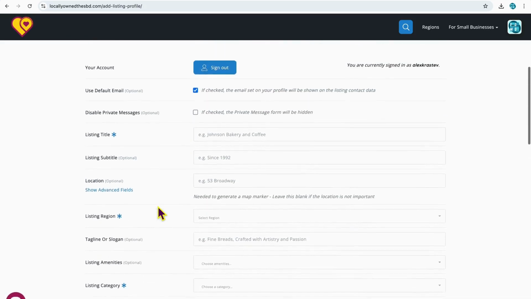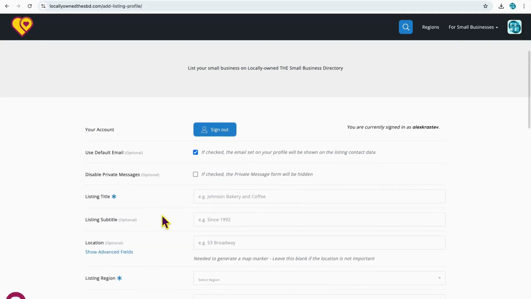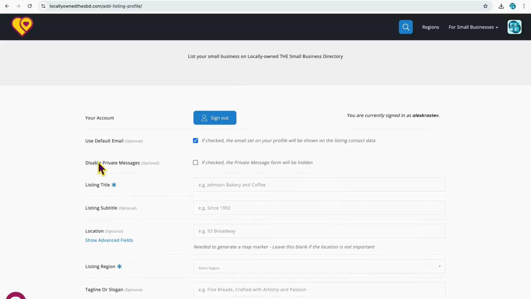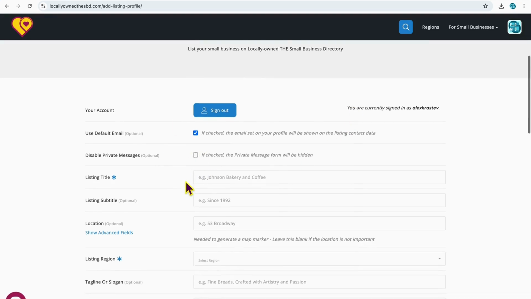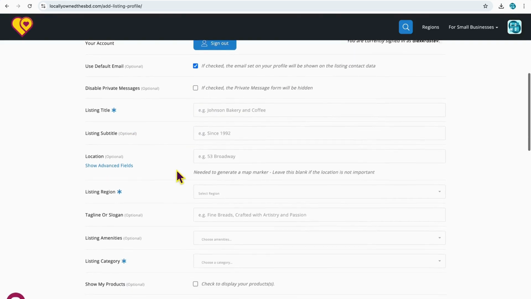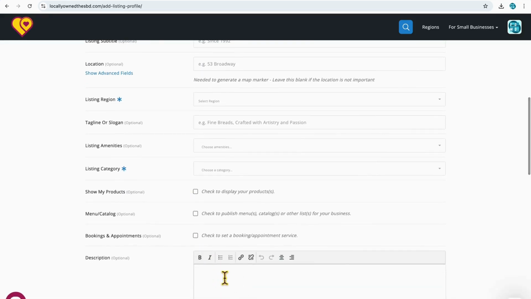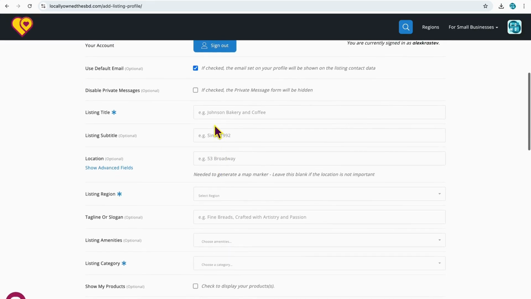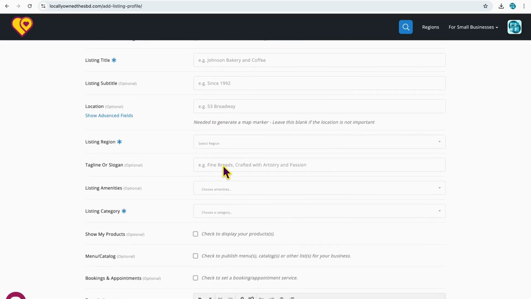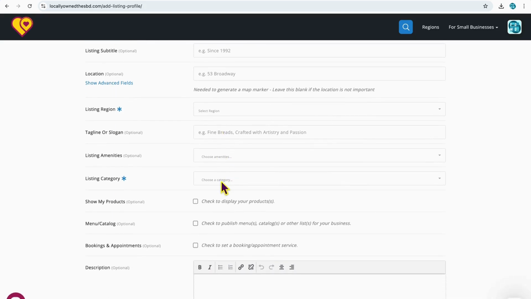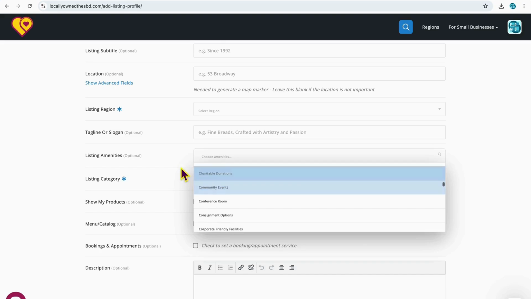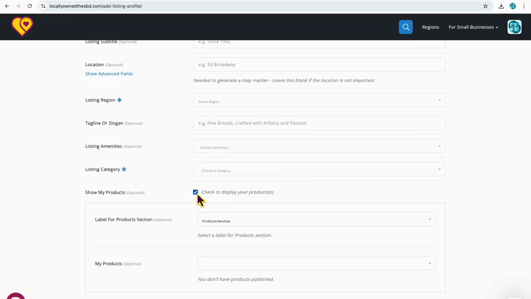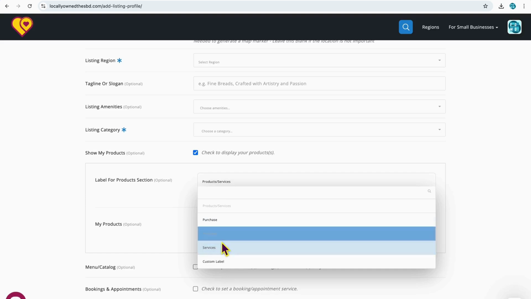Some of the great features you'll find in our free package include eligibility for private messages, and you'll get an email notification if you receive one, your listing title, a full description, your location and Google Maps directions, your business's region, a catchy tagline, any amenities you offer, your business listing category, the ability to show off your products, services, or even a menu, a booking link if you use a service like Calendly or have one on your website,